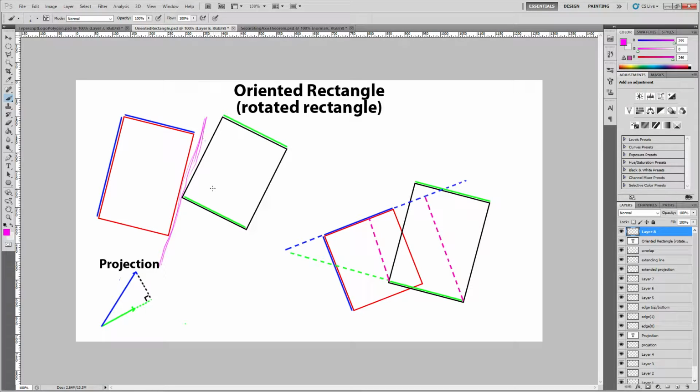This was a very simplistic version. When I introduced the oriented rectangles, I discussed projection a little bit, and how projection turns out to be the method by which you can tell if these two collide. As I discussed here, you could tell these two edges collide because if you project them, if you draw this 90-degree angle between the two,